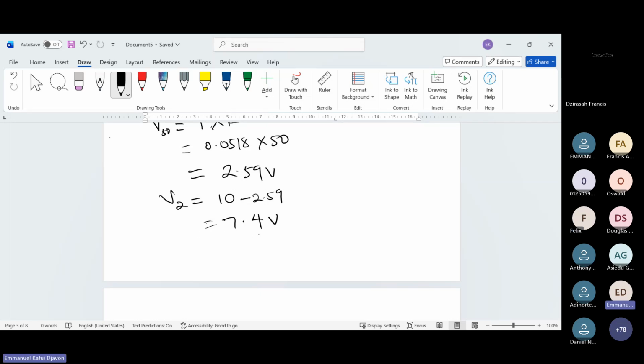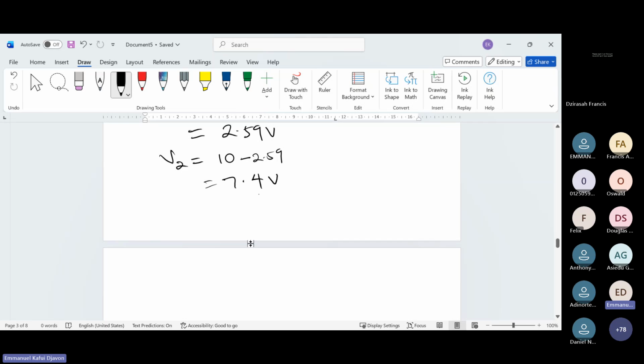Now I know this to be my voltage. So if this is my voltage, I can now get my I. I know the V2 there, which is like your Norton voltage. But here we are not dealing with voltage, we are dealing with current. So what are you going to do to get your I Norton? I Norton here will be equal to this voltage we just got, all over